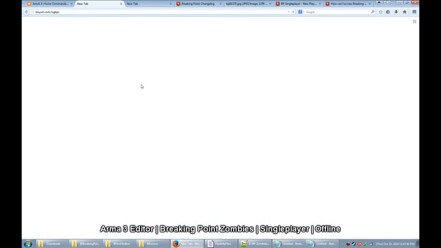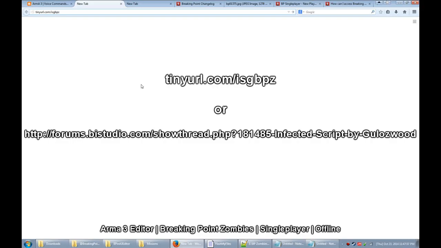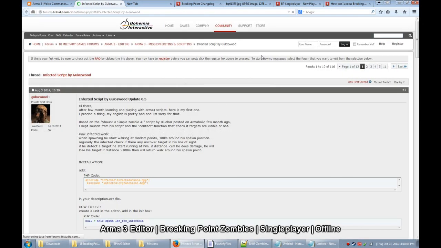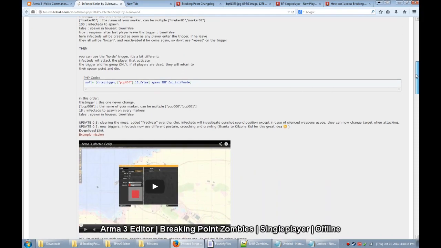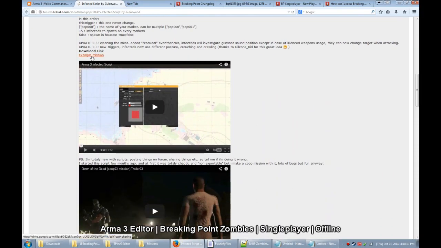Now to continue, after we have downloaded the Breaking Point mod files and set it up into a mod folder, we then go to this tinyurl link. So it's tinyurl.com/isgbpc. Click on that and it will point to a Bohemia Interactive Forum thread from Glowswood. You scroll down a bit until you see this link which says example mission. So you have to click on that